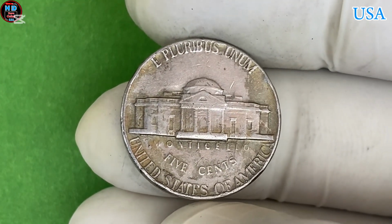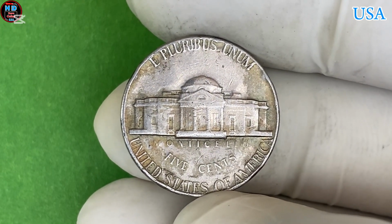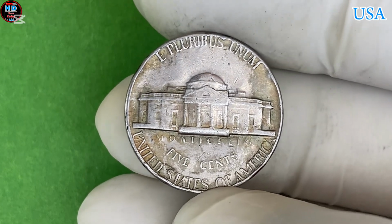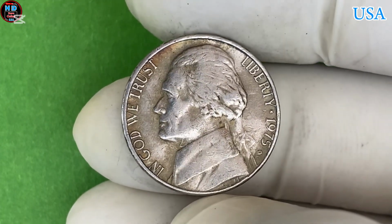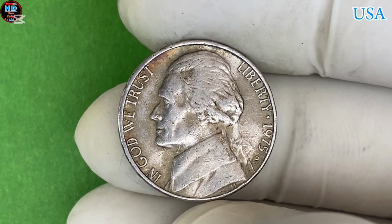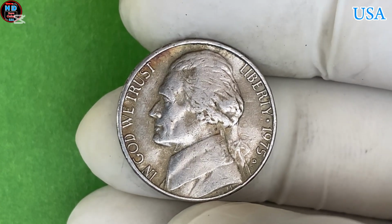These errors occur when something goes wrong during the minting process, resulting in a coin that's different from the intended design. Minting errors can vary in nature and severity, but when they happen, they can make a coin extremely rare and valuable. For example, a 1975 Jefferson nickel might have been struck with a doubled die error, where the images on the coin appear doubled due to a misalignment of the dies used to strike the coin. These kinds of errors are rare, and when they do occur, they create a coin that is highly sought after